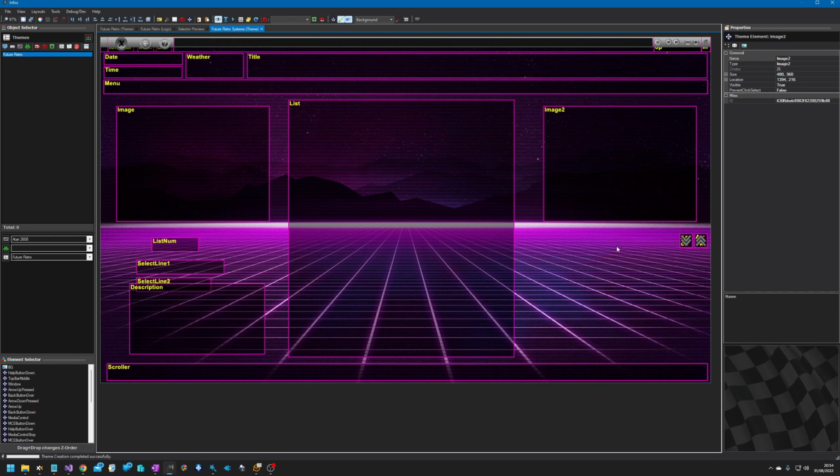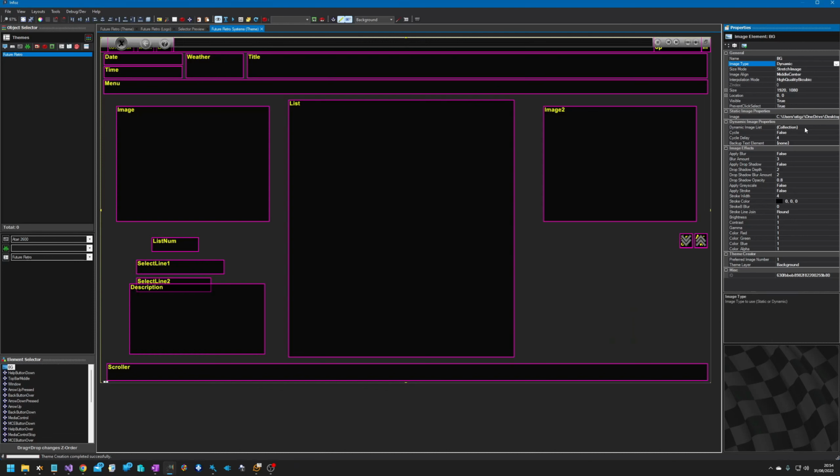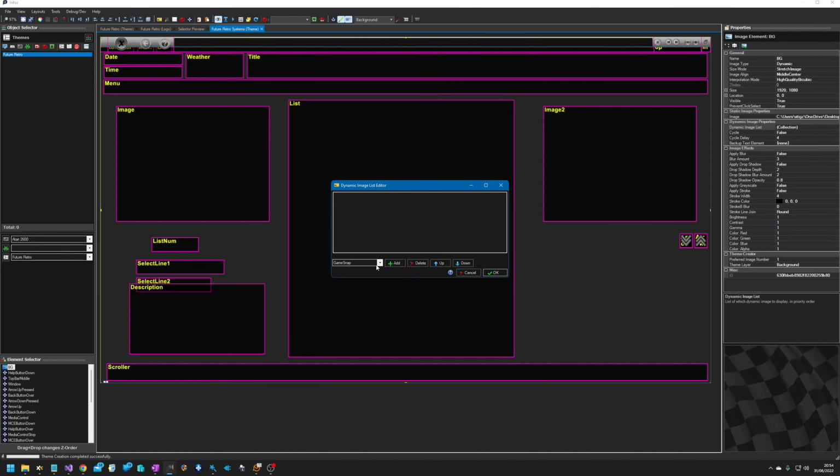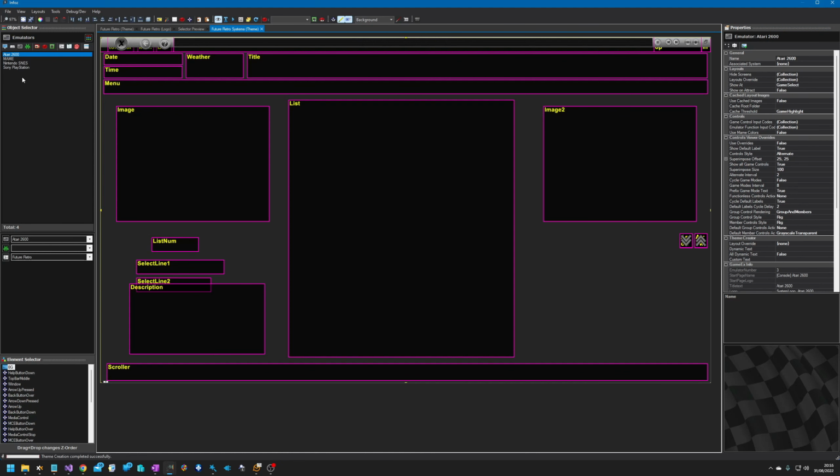Right, so what we can do is select this background image. Because we imported the systems pack, we can now turn this background image into a dynamic image. What we can select is the system background dynamic image. And what will happen, hopefully, is when we choose different